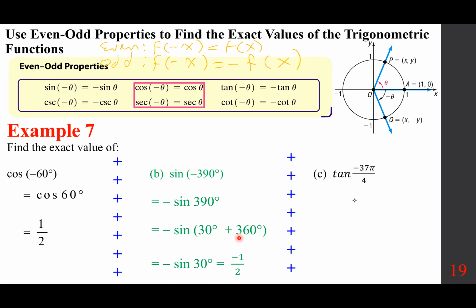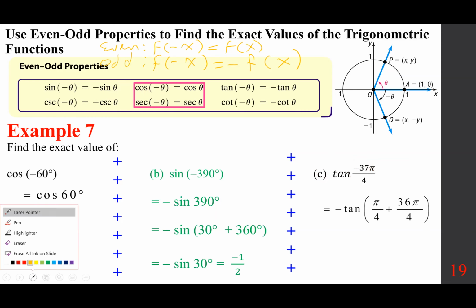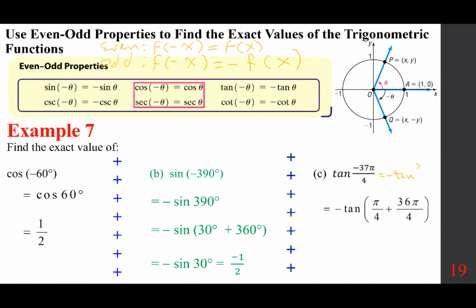Over here, again, first take care of the negative sign. Remember, everything is odd with the exception of cosine. So this is odd, meaning negative comes out. And not only negative comes out, this 37, so maybe I write this first. So I write negative tan of